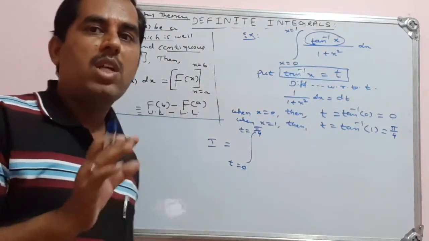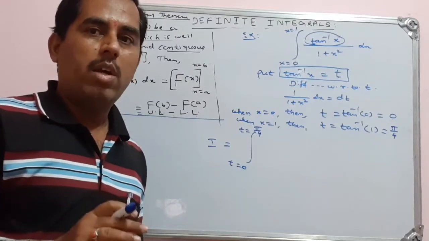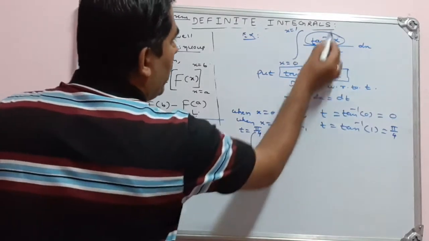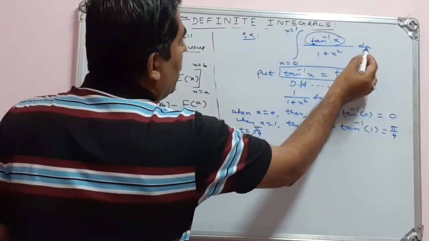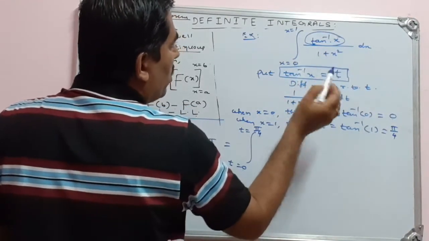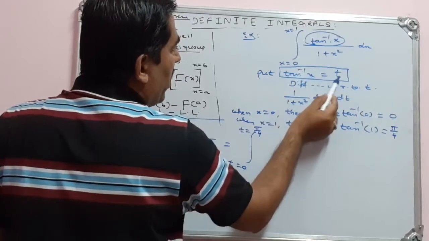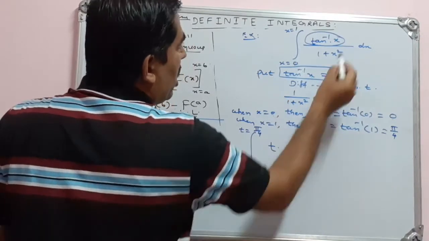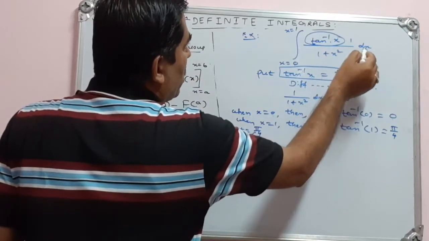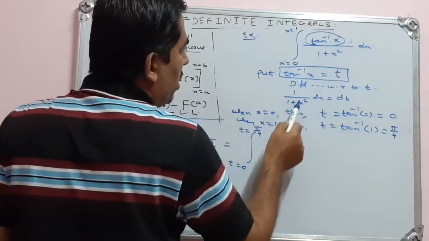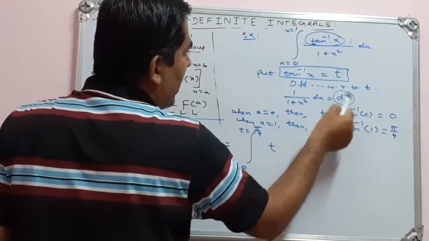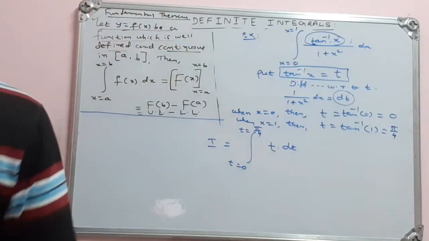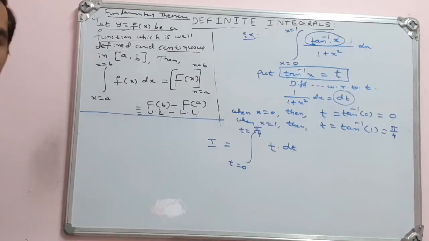So, this is the major difference whenever we are working out the solution of indefinite integrals and definite integrals. Then tan inverse x into dx divided by 1 plus x square. Instead of tan inverse x, we have t. Then what is the remaining thing? 1 by 1 plus x square into dx is dt. So that is t dt. That problem converted into t.